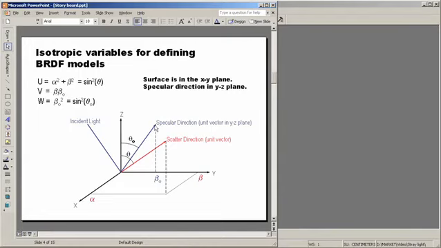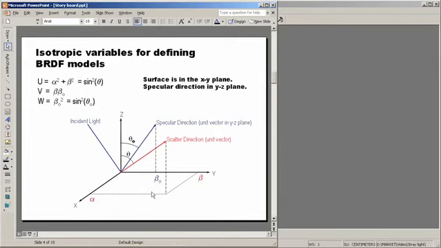If we adopt this convention, then we can characterize the specular direction by a single angle, theta naught, with respect to the surface normal. Our surface normal here is the z-axis, the surface itself being parallel to the x and y axes. The scatter direction, on the other hand, cannot be confined to the YZ plane. Rays can be scattered in any possible direction relative to the specular direction. This red arrow that we see here characterizes the scatter direction. We have an angle theta, or polar angle, but we also have an azimuth,